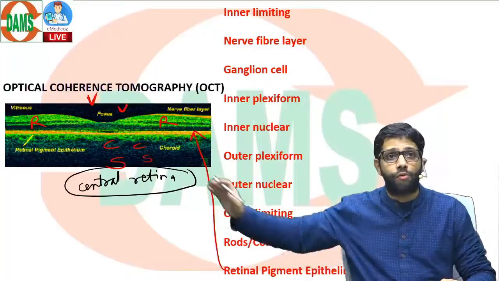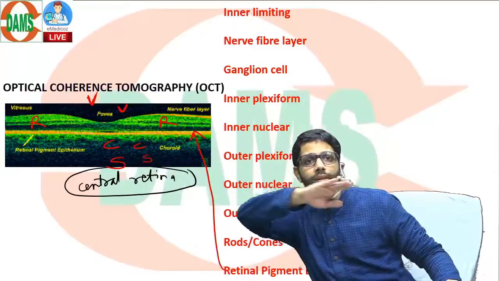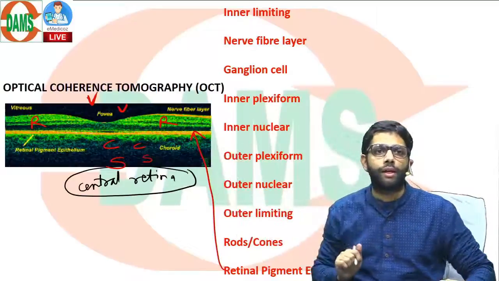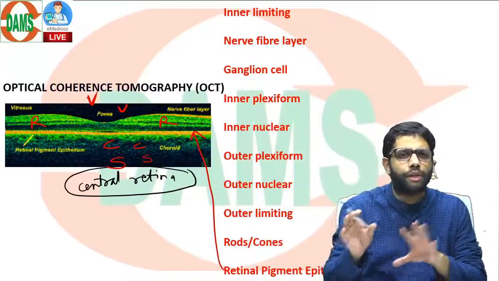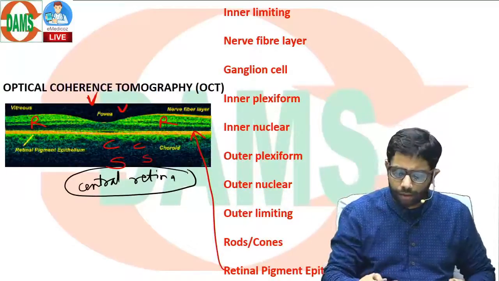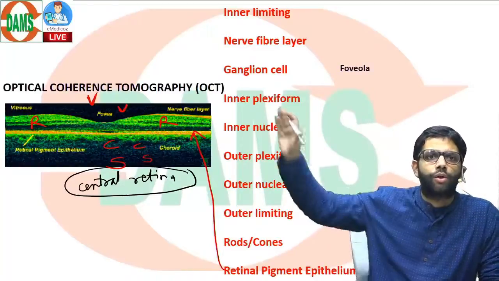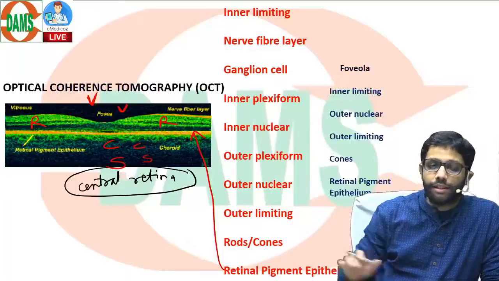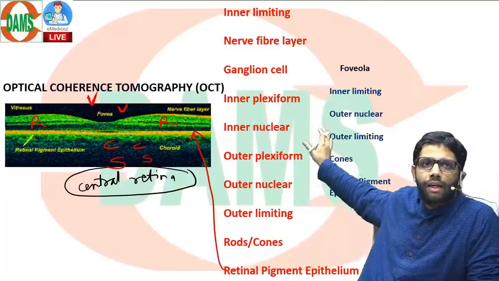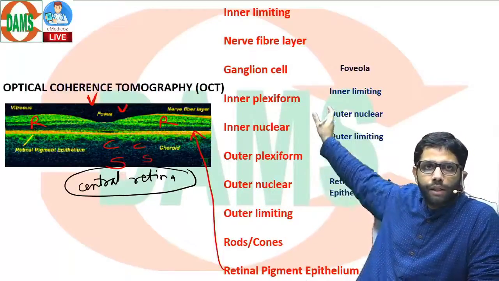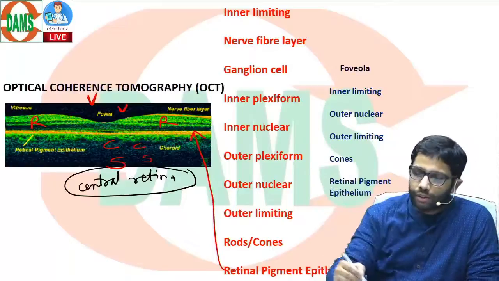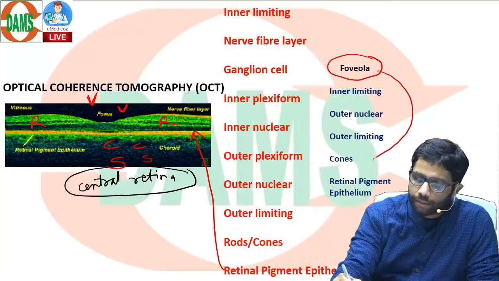But now, if you can see over here, in the central retina, there is a dip. Why? Everywhere in the retina, from optic disc to ora serrata, there are 10 layers. But what was the centermost point, fovea? It does not contain all the layers. It contains these layers. ILM, ELM has to be there. Outer limiting, inner limiting has to be there. Fovea contains only cones. Rods are not present.